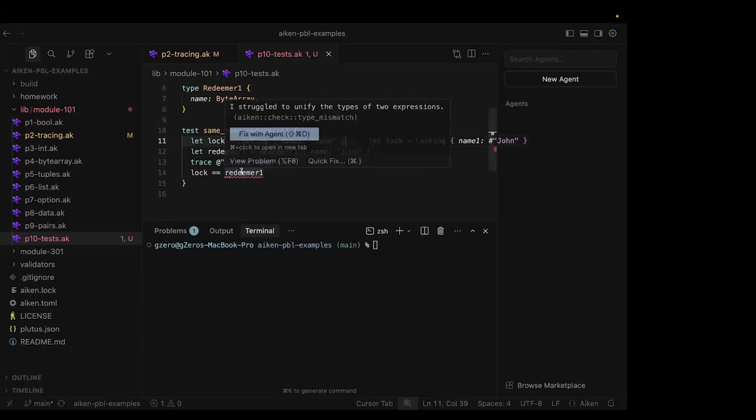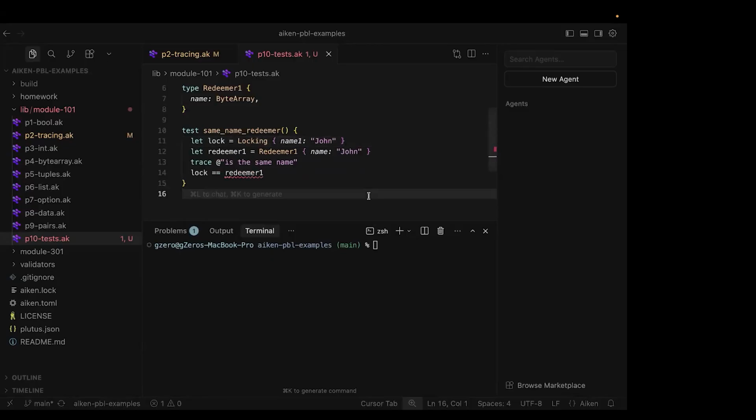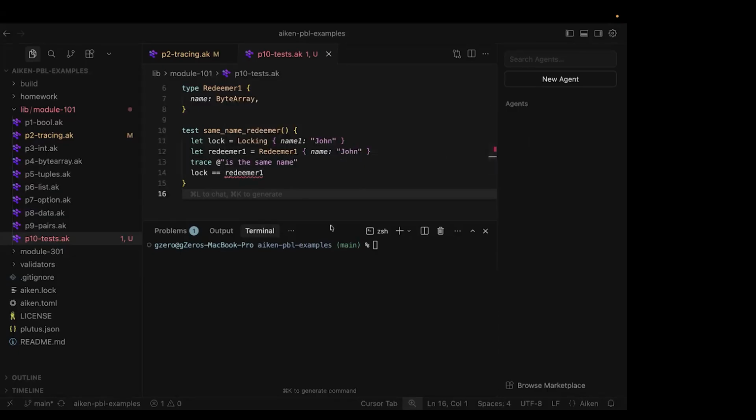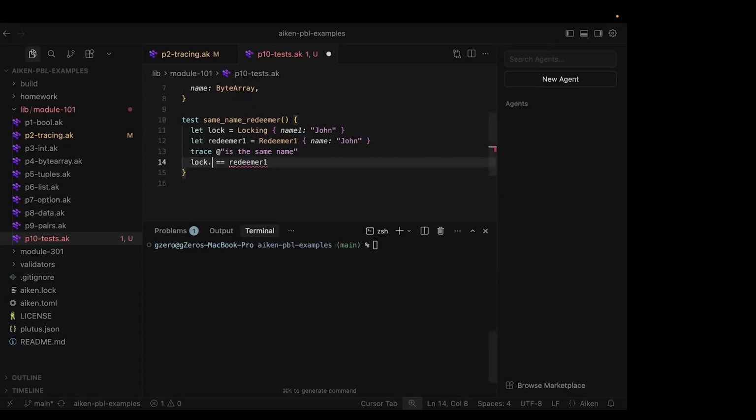Okay, lock is equal to redeemer one. Why is it saying I struggle to unify the types of expressions? Oh, we can't directly say lock is equal to redeemer one because lock has the type Locking. Yeah, exactly. So redeemer dot name one. Oh, that's it. But that's still